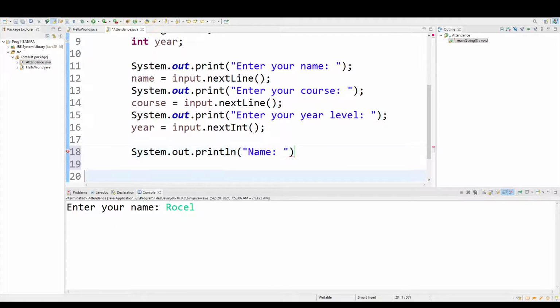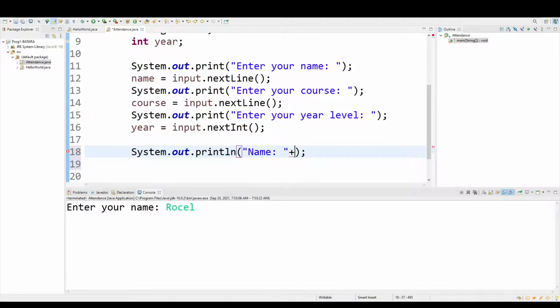Name. Then, in order to integrate a variable in printing, as you can see here, you just put plus. The plus sign is used for concatenation in here. Hindi niya currently ginagawa yung plus na as in addition kasi it's inside a print statement. So, kino-concat niya, ibig sabihin ng concatenation kasi is pinagdudugtong niya yung string kung ano yung gusto mong i-print. Halimbawa, you have the string here sa print line and then you put plus kasi idudugtong